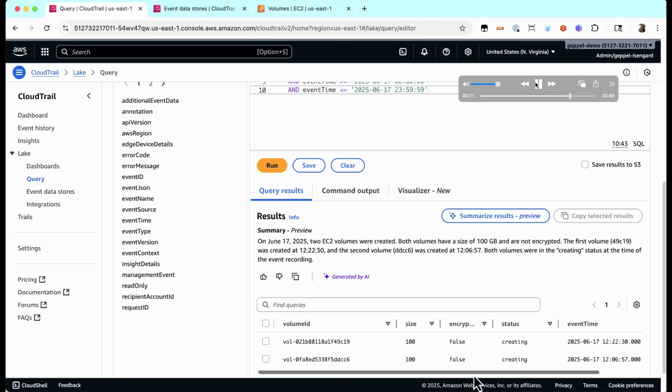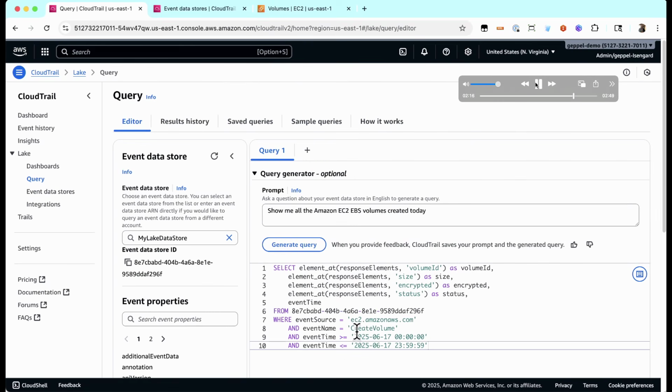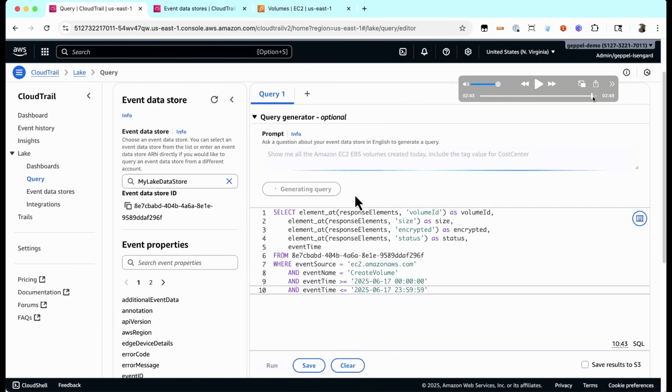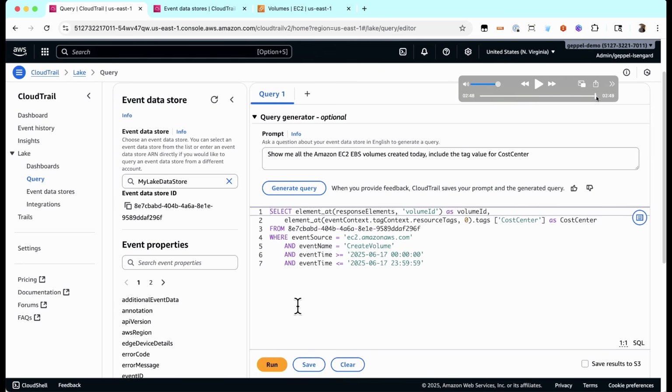And then if you want to extend this further, I'll go back up to the query, and we could also say, well, I want some tag information in that initial result set. So you can refine that query and ask for more things. Not only show me all the EBS volumes created today, but please include the following tag key values in my query. As I type that, it will generate the query again, and the end result is an updated query. You can see there on line 2, it's not always trivial to extract the tagging information, but with the query generation, it makes it very, very simple.